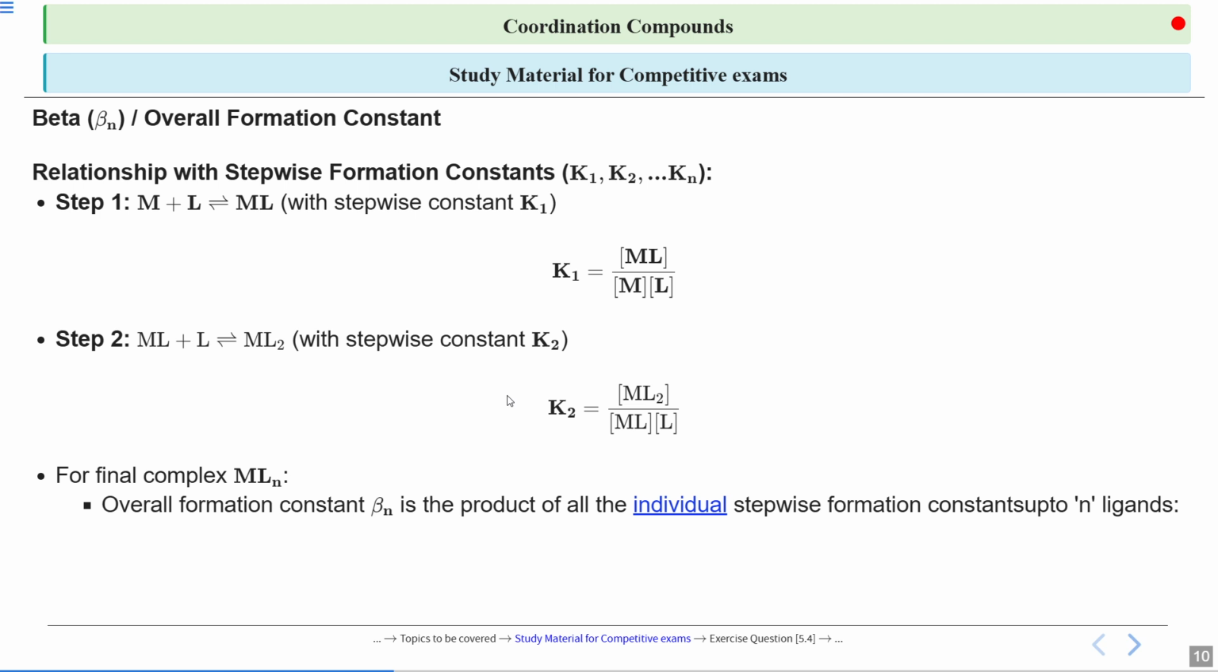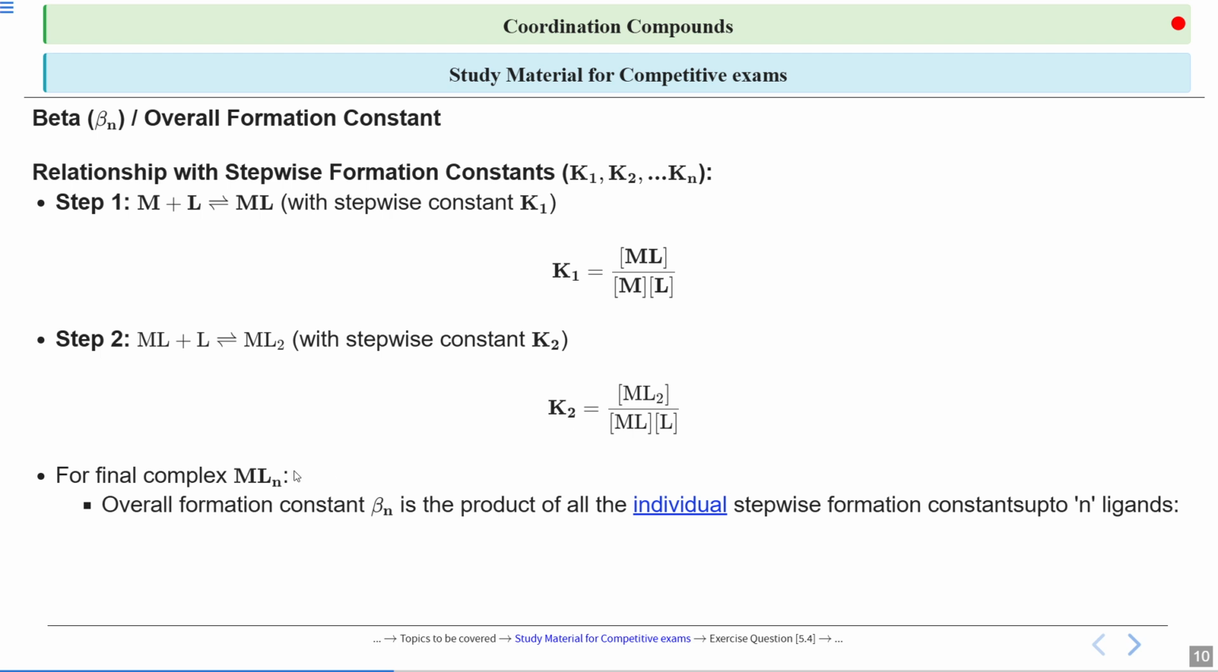If you want to add them together to get the final value of K, or the final value of the overall formation constant, that is going to be the product of all the Ks: K1 dot K2 dot K3 dot K4 up to Kn, right? So this is the rule: when you are adding the reactions, you have to multiply their